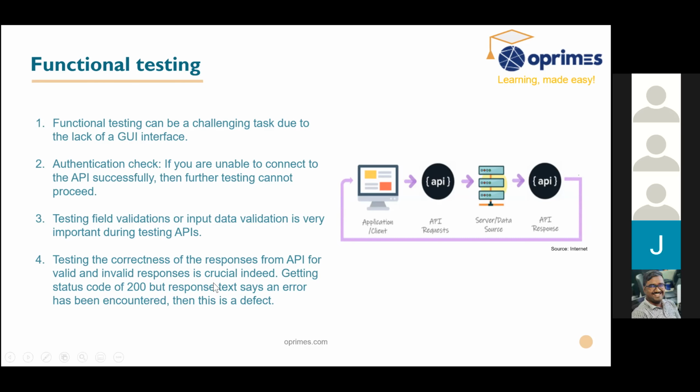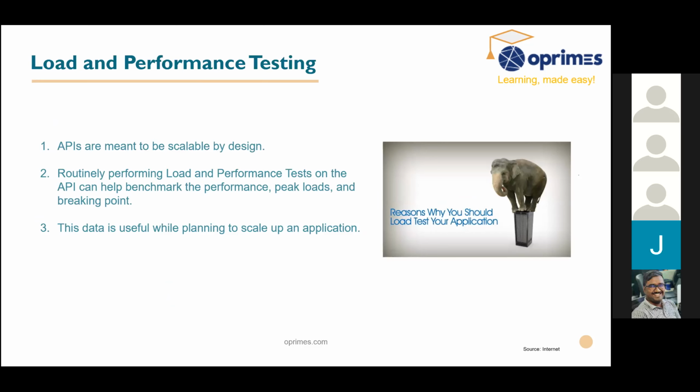Coming to load testing and performance testing, you can observe from the picture itself. It is like hitting the same API or the server several times continuously. We have seen one example in the beginning of the session, in the very first session, which is the chef example. So you have one chef for your entire restaurant and you have 50 customers at the same time, everyone wanting different dishes. The chef may know how to prepare all the dishes, but he cannot handle all the 50 customers at the same time.